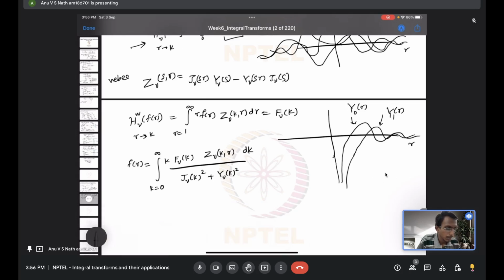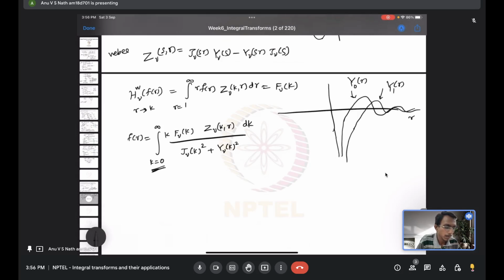Okay, but k is now integrated from 0 to infinity, because that doesn't matter. k is just a wave number space, right? r is a physical space. In physical space we have a restriction from 1 to infinity. Wave number space doesn't need that, and takes values from 0 to infinity. Also,